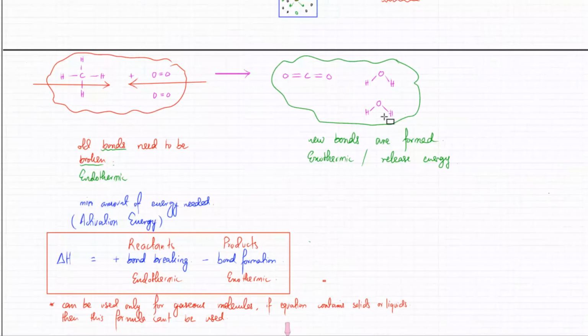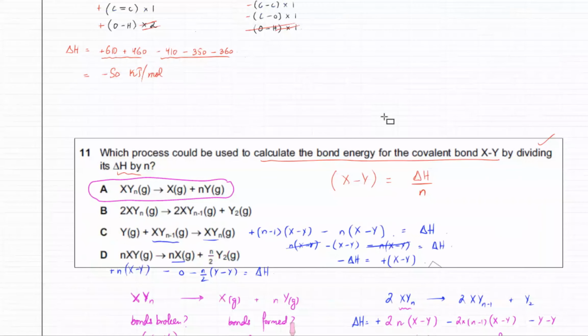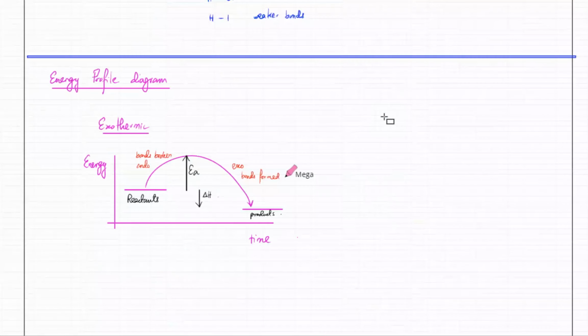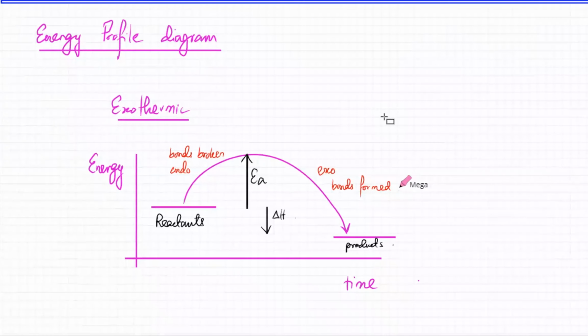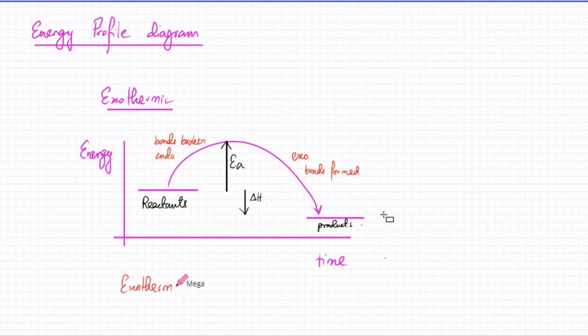And that part, bond formation, is exothermic, which we did over here. So which is why this is the energy profile diagram of an exothermic reaction. Bonds are broken and then bonds are getting formed. So I'm going to explain why this reaction is exothermic. In O levels, you used to get this question, why is this reaction exothermic? The reason this reaction overall is exothermic is because less energy